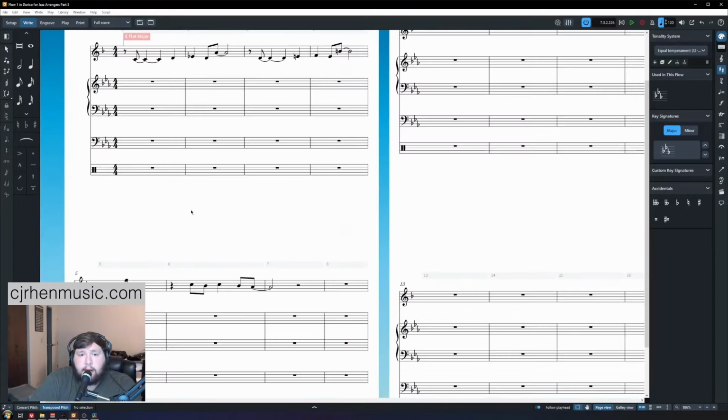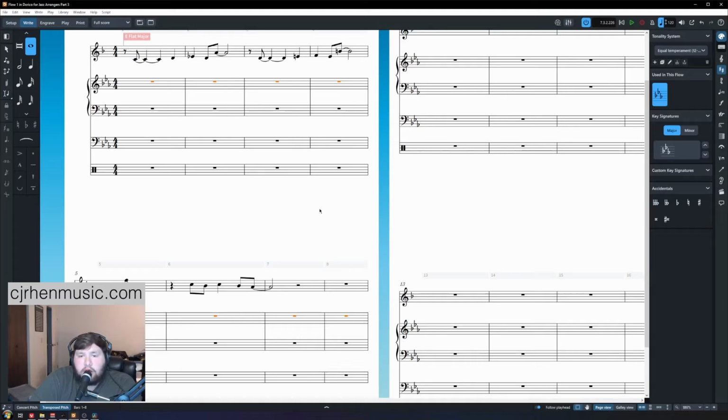So first thing I'm going to do that we're not necessarily going to keep is just show you how to insert rhythm slashes across a range of bars. So go ahead, select a range of bars. I'm going to do this in the right hand of my piano. I'm going to select all the way from the first bar to the 8th bar. And to do that, I'm going to hold shift. I'm going to click the other rest after I already selected the first rest, and notice it will make a